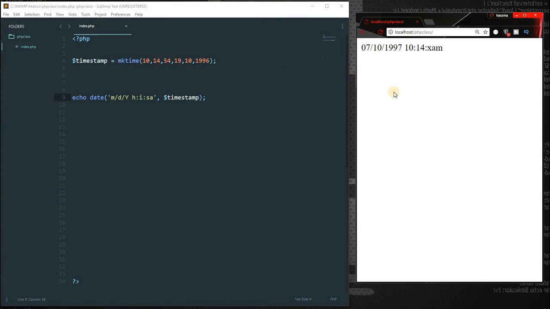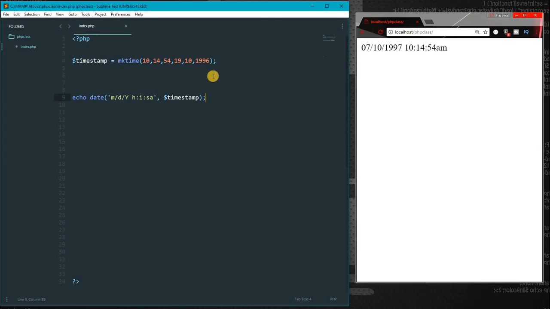Save this and reload, and you can see it defines a time, 7 10 1977. Okay, month, date, year, and this is the time 10 14 54. This is how we can take these values dynamically from the database and convert this into a proper time format. We can also do strtotime. Next function is strtotime,